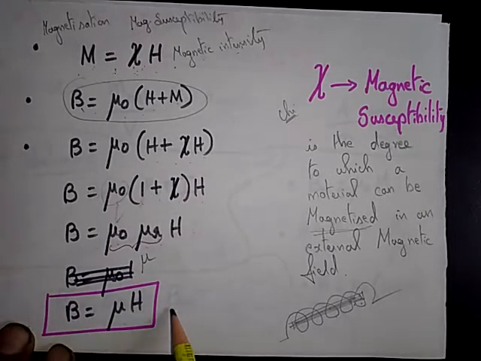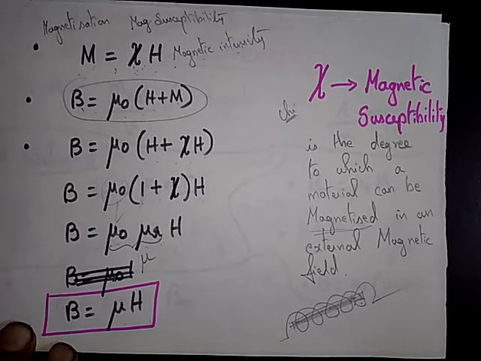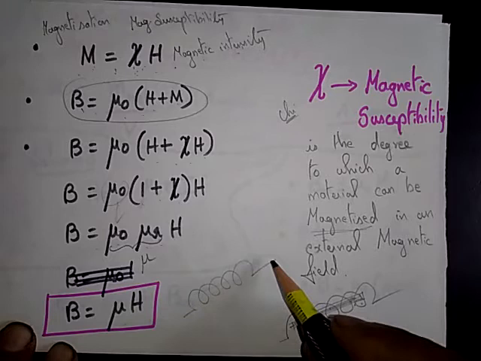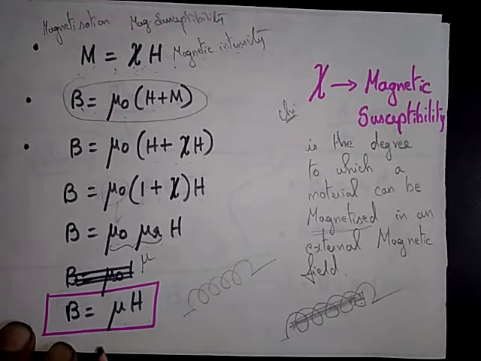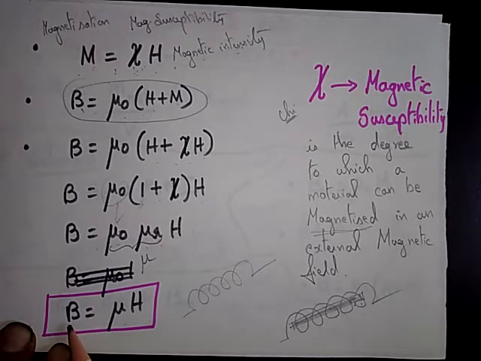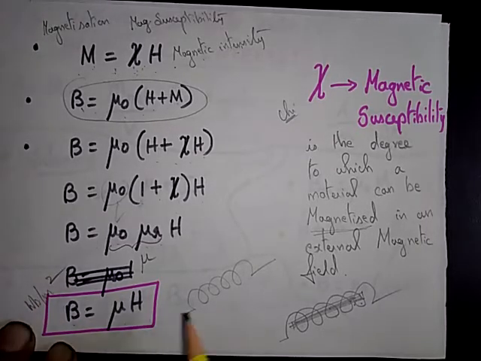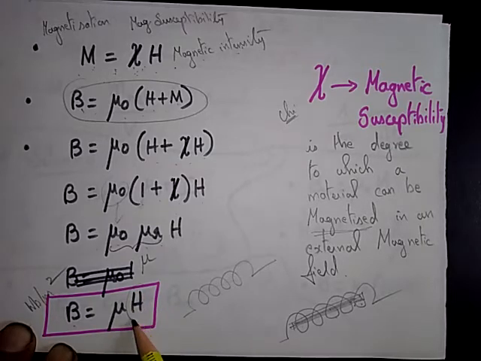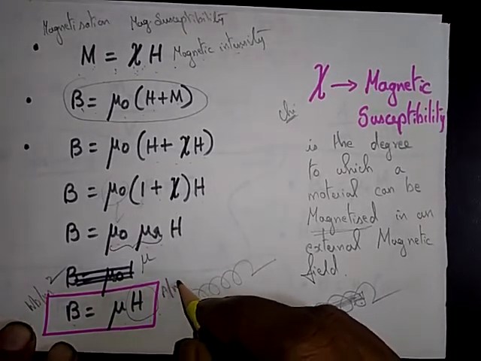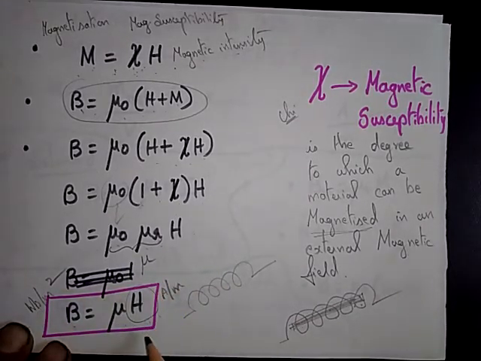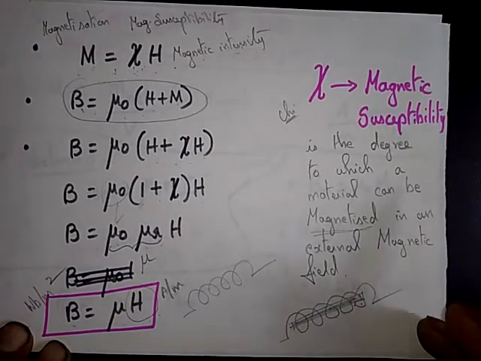This is the final formula that we have to remember when you deal with a coil that produces a magnetic field. So the unit for magnetic flux density is Webers per meter square. The unit for H, magnetic intensity, is amperes per meter. So B is equal to mu H is the final form of expressing the total magnetic field in a coil.